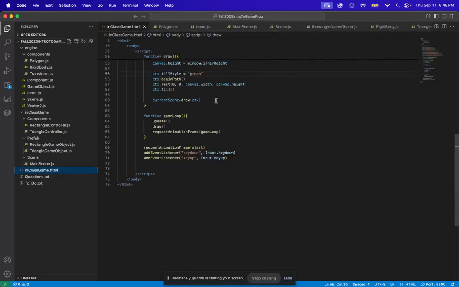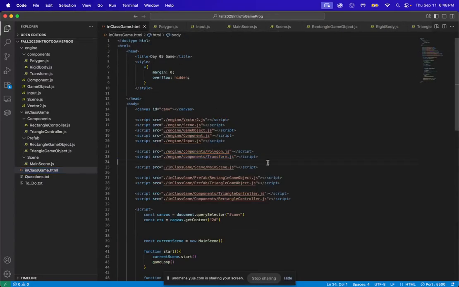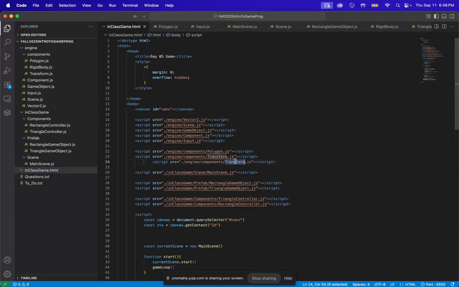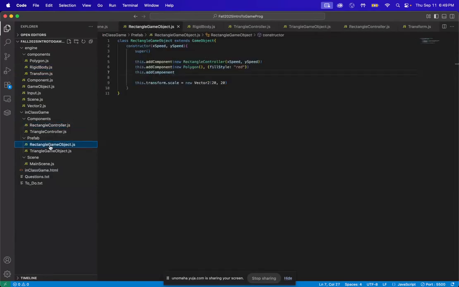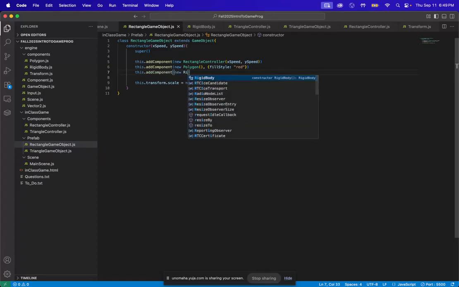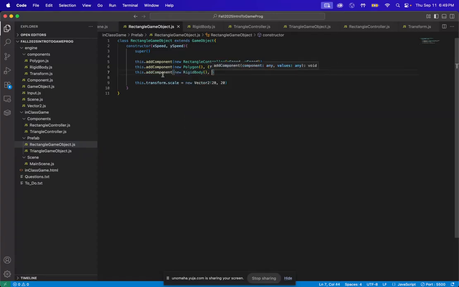Oh, we also need to make sure we add it to the HTML. Rigid body. Okay. So now we have rigid body. Yep. Now we go back to a rectangle. So now we do this dot add component, new rigid body, comma, and what we'll need to do is we'll need to do